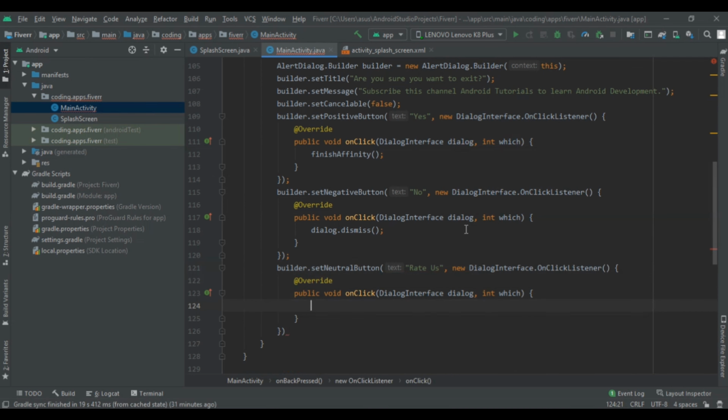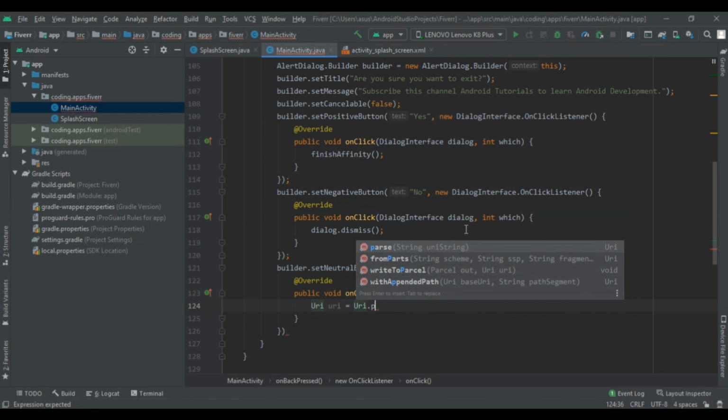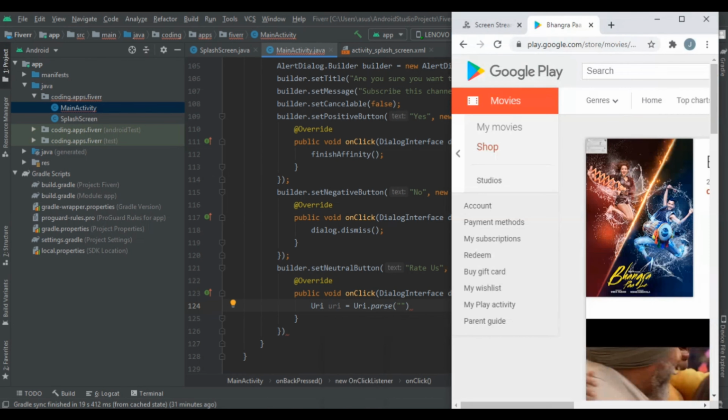Now we are going to write Uri uri equals Uri.parse. Then here you write the string. First of all, let's see what type of URL is being converted.